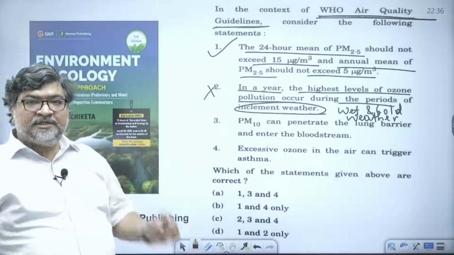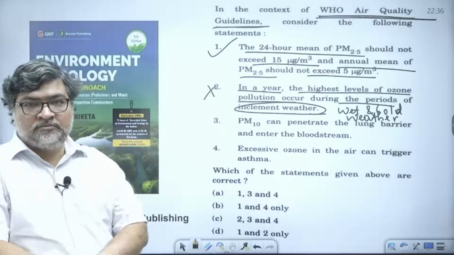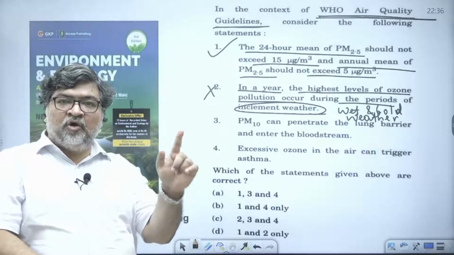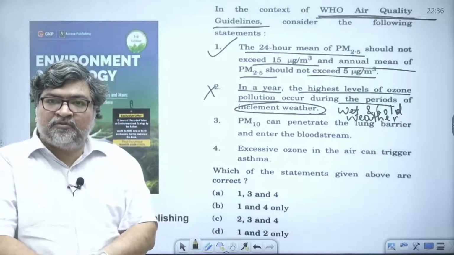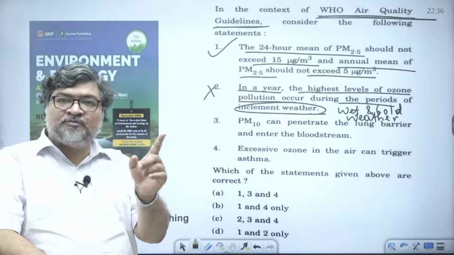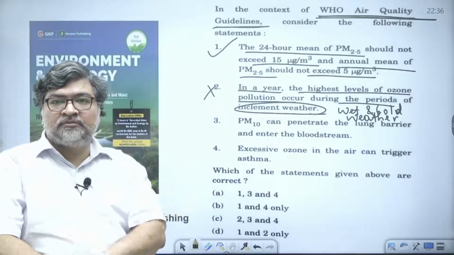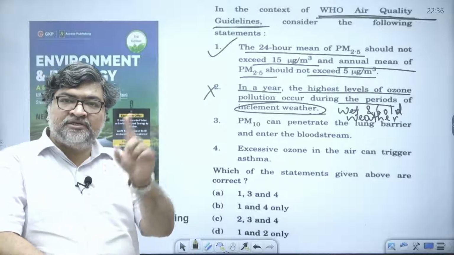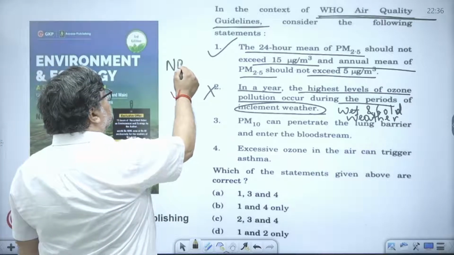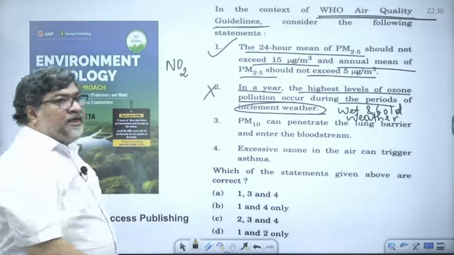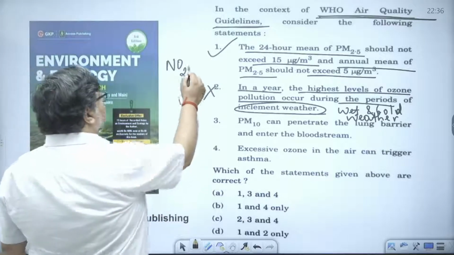I have given in the textbook that there are two types of smog. One is the winter smog, where smoke mixes with fog to form smog, like Delhi smog and London smog. And the second is called summer smog, or photochemical smog, which forms in sunlight. In photochemical smog, nitrogen dioxide gas, which is a brown colored air pollutant gas, reacts with oxygen